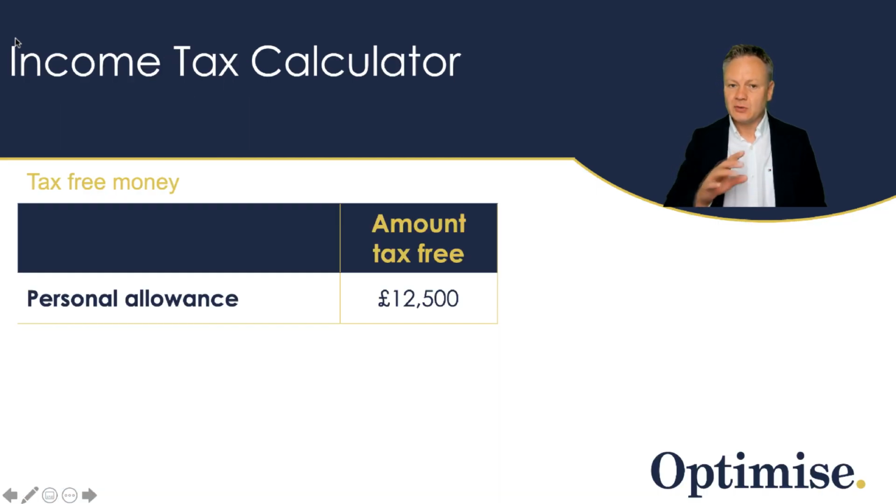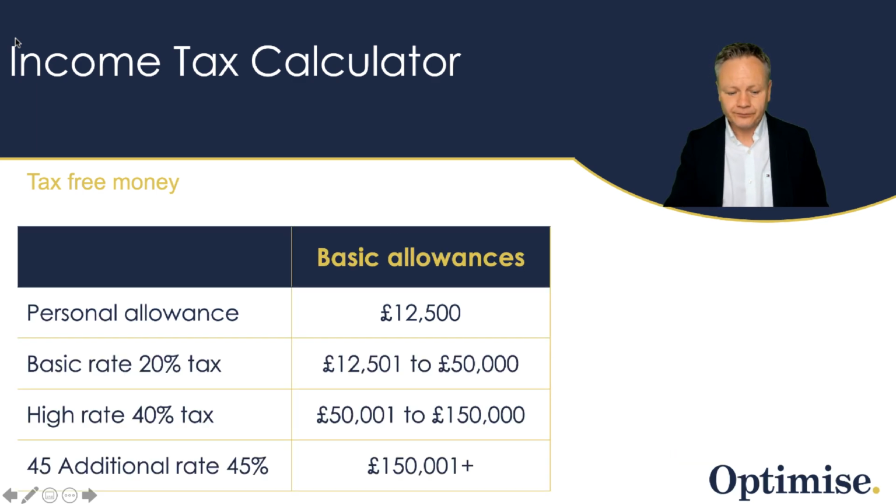Now, as we go through, you will start to see that there are allowances, which is the amount of money you can earn tax-free. And as you can see just below here, you can earn £12,500, which is your standard personal allowance, which means that you can earn up to this amount of money and you don't have to pay any tax. Now, I appreciate it is not totally generous, but there are other things that you can do. Before we go into that level of detail, let's talk about the levels of tax that you do need to